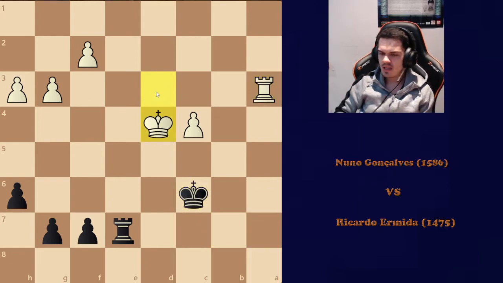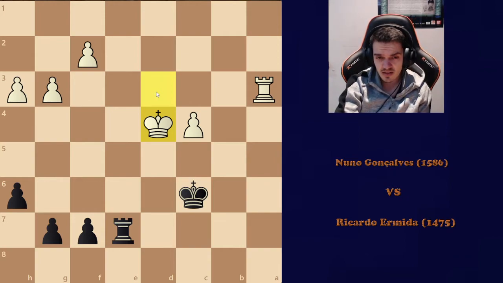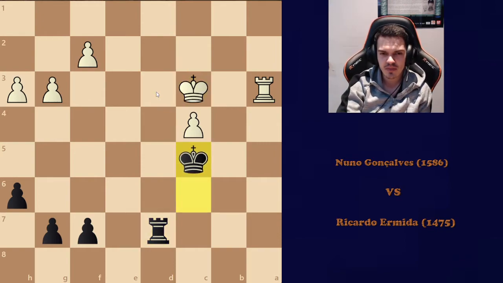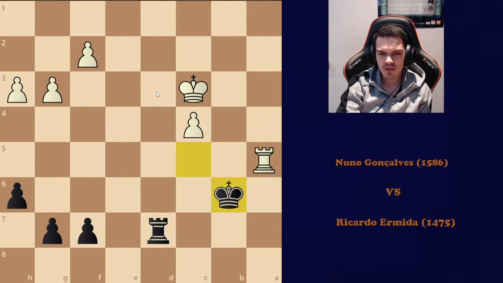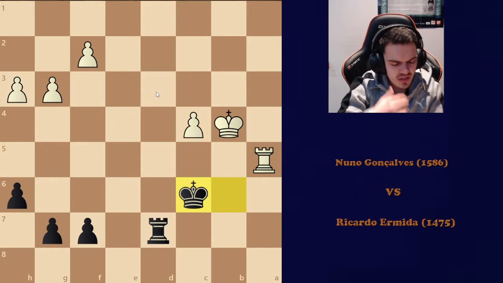Sorry, guys. And here I was already low on time, you can imagine, and I wasn't really feeling good about the position. Of course, just checked. He went back. Went king c5. He went rook a5, king b6, king b4, and I just went king c6. And here I feel like here